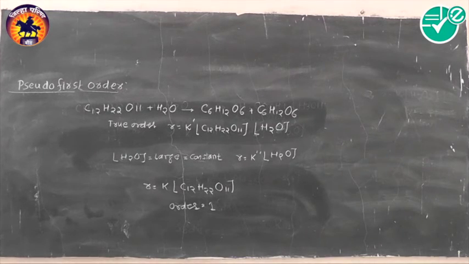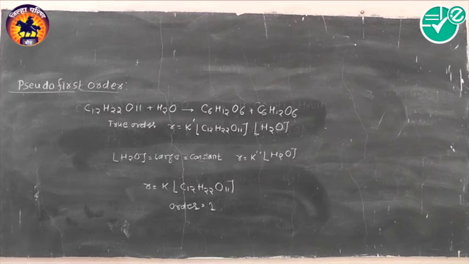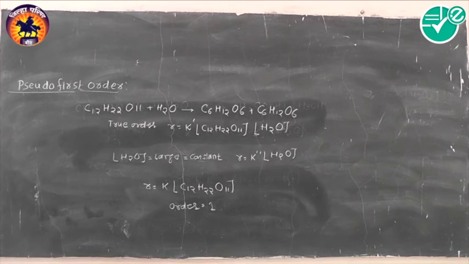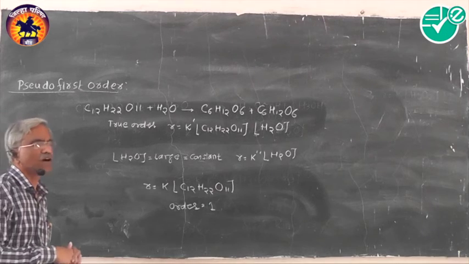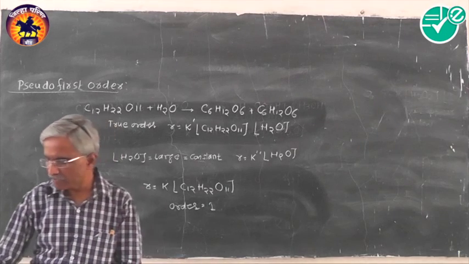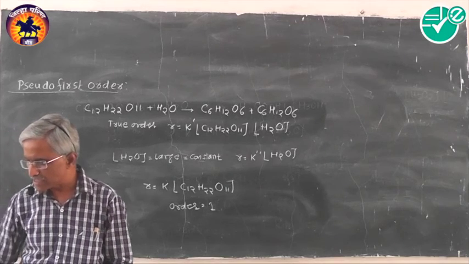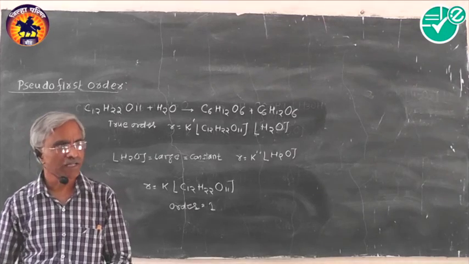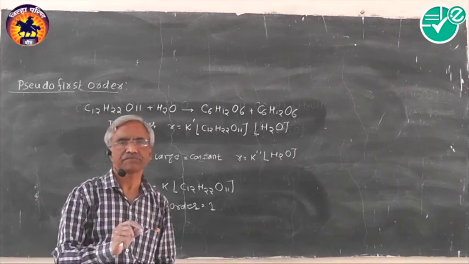So we have studied the zeroth order, pseudo first order, second order, all the types of order of the reactions. And we have also studied the difference between molecularity and order, the difference between reaction intermediate and catalyst. Now we will proceed further to study the integrated rate law equations. Now the question is, why do we need some different methods to be followed, and what are its applications and how to use it?